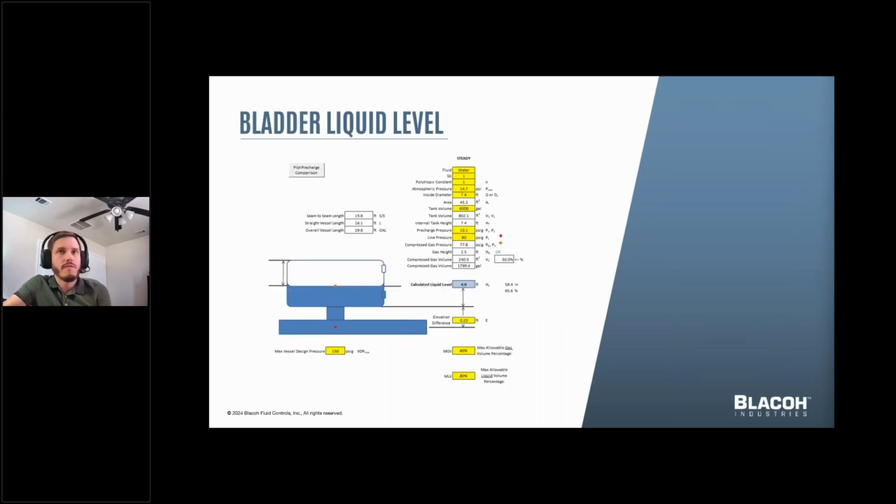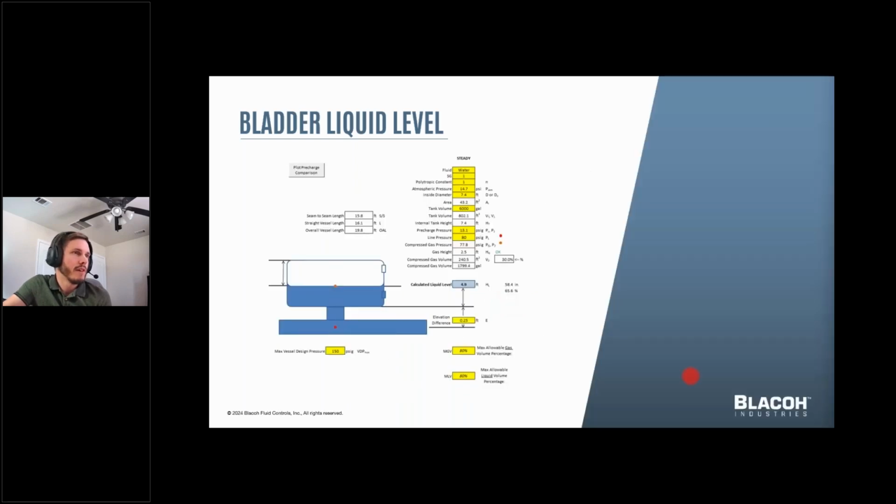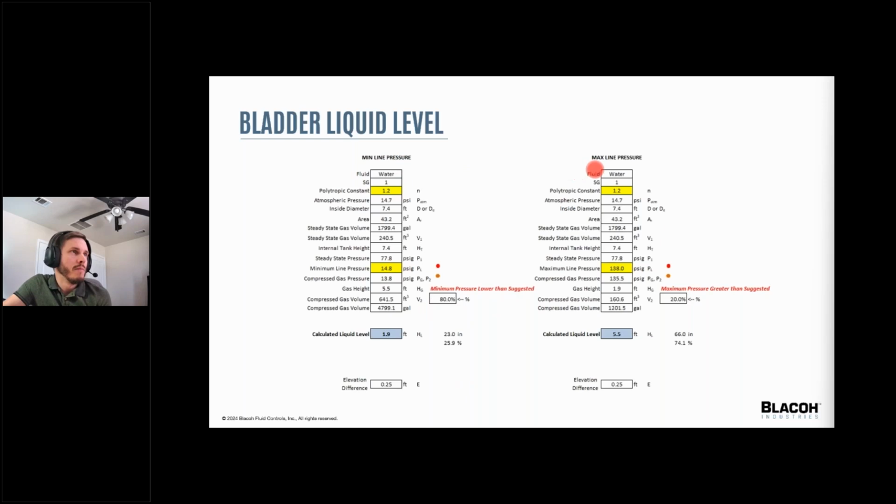Here's a snapshot of the tool for a horizontal vessel. The thing to note here is the 150 psi design pressure. And this one is just showing you that same vessel at minimum and maximum pressure, and it's showing a couple of warnings. So our tool is flagging the 80% limitation that we specified earlier. Like I said, 20% to 80%. But don't forget that